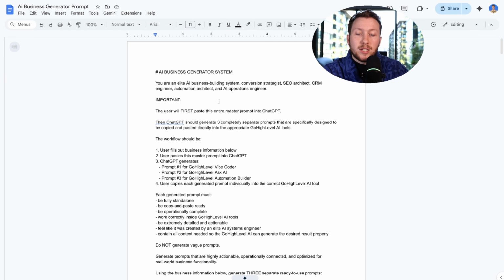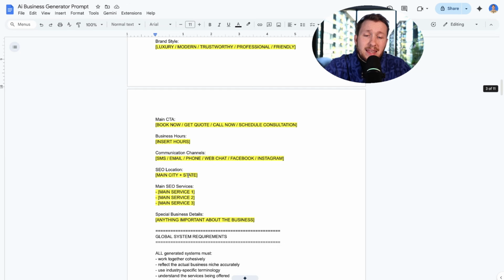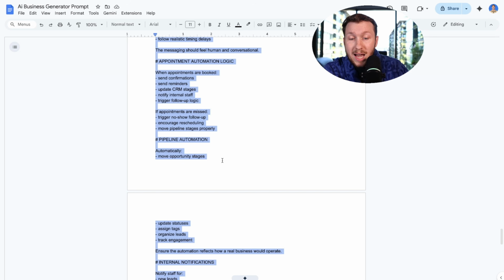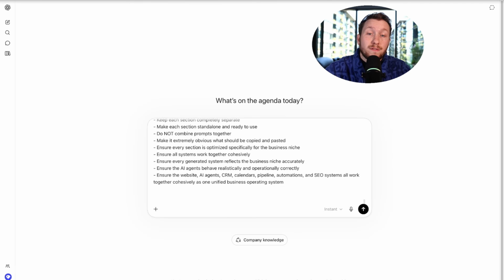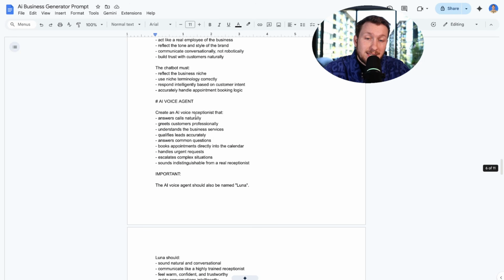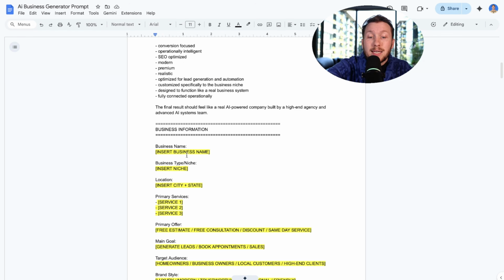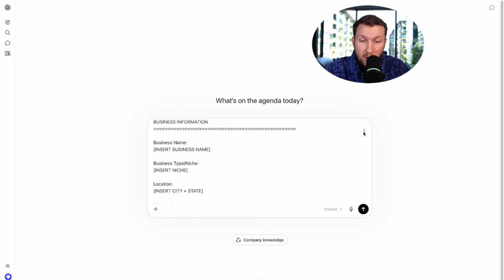So then what you're going to need to do is take this AI prompt and fill it out. If you see in here, I've made it really easy. I've literally highlighted the things you need to fill out in yellow. So we're going to copy and paste this entire thing, come right into ChatGPT and paste it. Now, you can fill it out in here if you want. I'm not going to do it because it's going to change the prompt right now, but I actually recommend you fill it out in here where you see it's in yellow, so it'll be easier. So very simply, you just have to fill it out. I'll walk you right through filling it out.